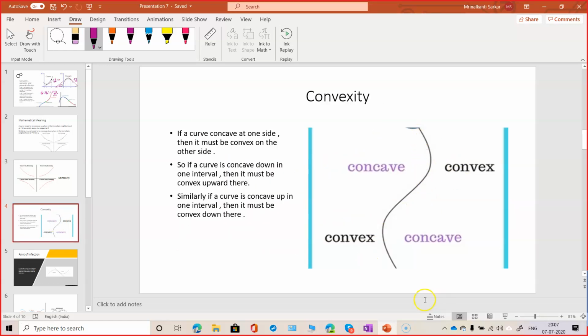Now in this curve I have explained concavity means convexity. If a curve is concave towards one side, it must be convex towards the other side. So in this graph it is obvious. It is concave towards left, here it is convex towards right. At the other part, concave towards right, convex towards left. There must be a point where, if I find the change of derivative, that is going to be 0.